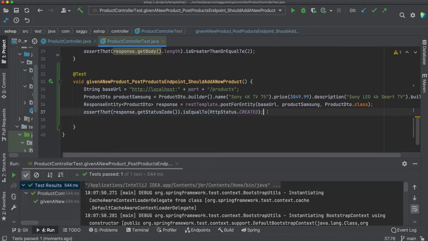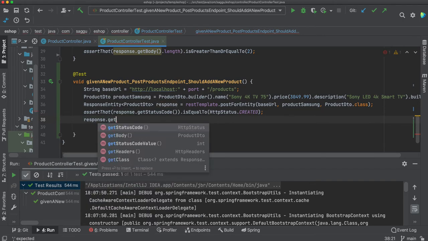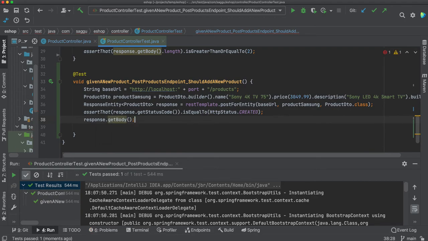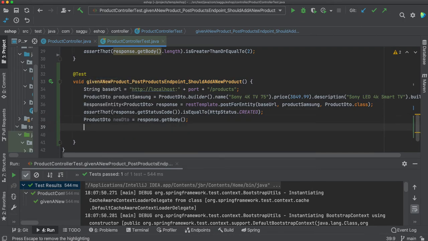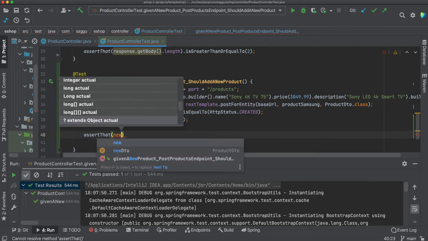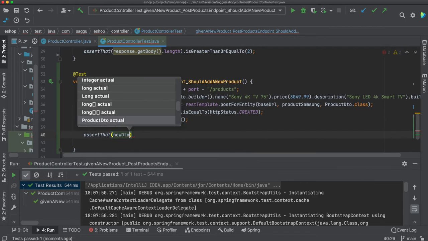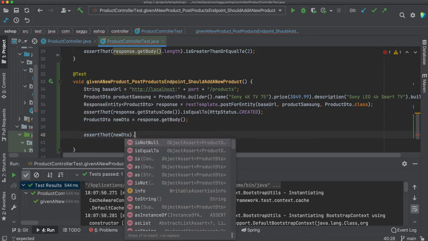Now let's say I say response.getBody, and store the body in a local variable called newDTO. If I start inspecting that, and I say assert that newDTO is not null,